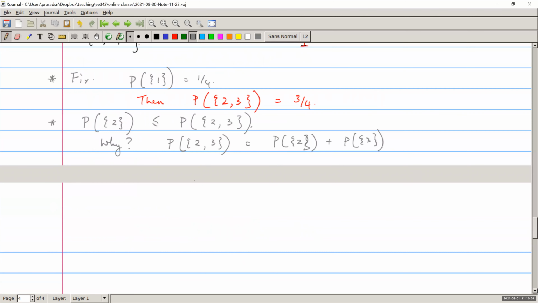So if 2 and 3 gets the probability 3/4, on the right side I cannot have a number bigger than 3/4. Because if I assign 5/6, for example, then I'll be forced to assign a negative number for the probability of 3 in order to satisfy this equality. That's not allowed. So since the probability of 2, 3 is the probability of 2 plus the probability of 3, but the probability of 3 is greater than or equal to 0,